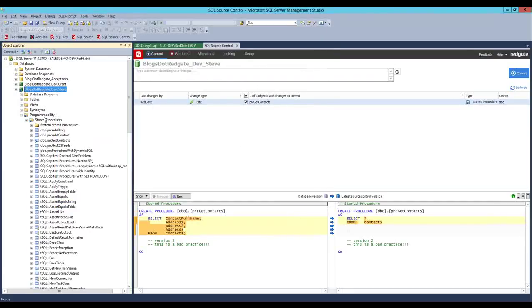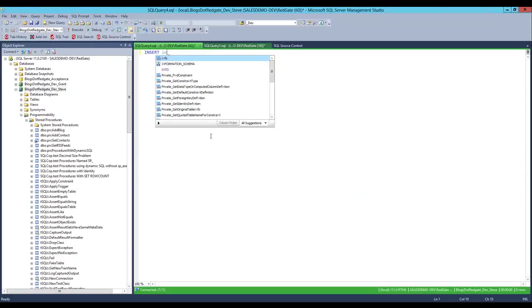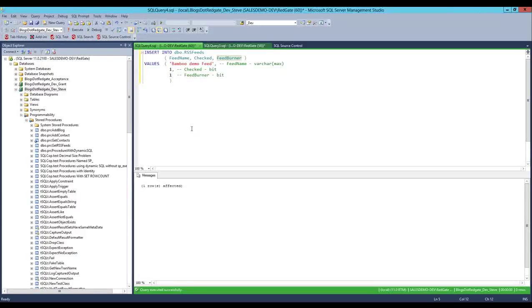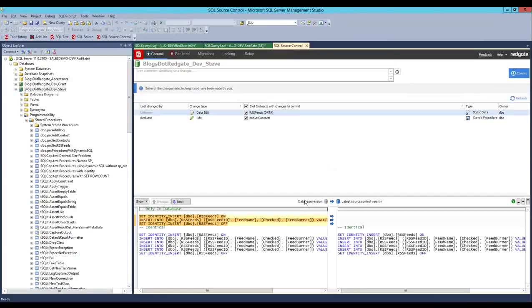So I'm going to go ahead and insert a new record in the RSS feed table. So I'm going to add a new feed. I'm going to call this the Bamboo Demo. All right. So made a data change, added a new record,